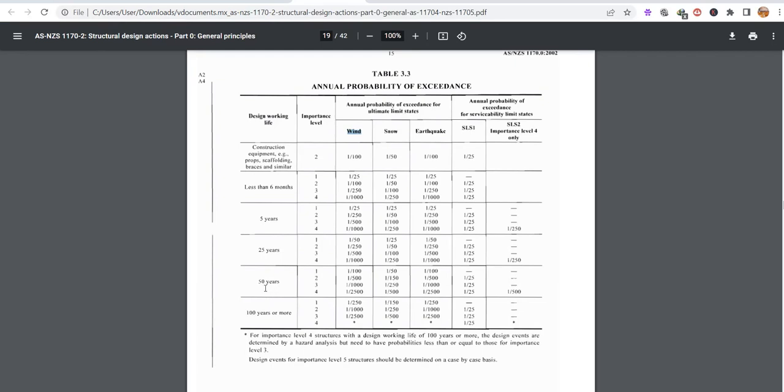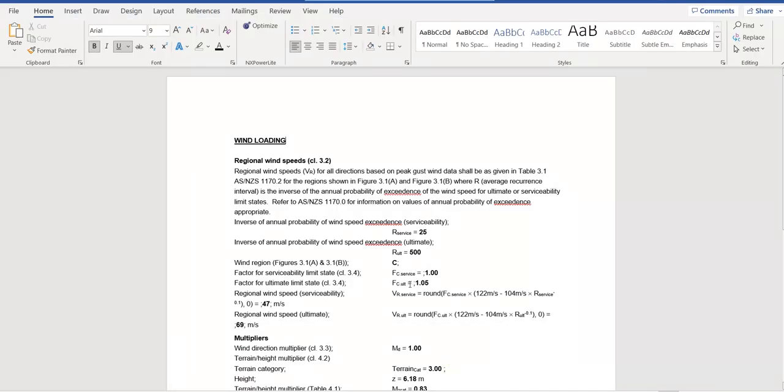So 50 years, importance level 2, and annual probability, which is 1 out of 500. Annual probability of exceedance for serviceability limit states is, if I go to the right, it gives me 1 out of 25. So I'm going to note all these values down, which I have already put in the Word document. If you go here,